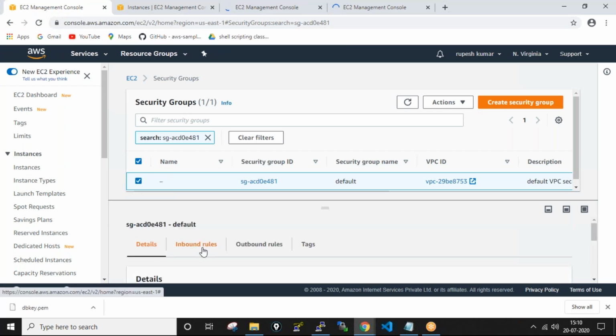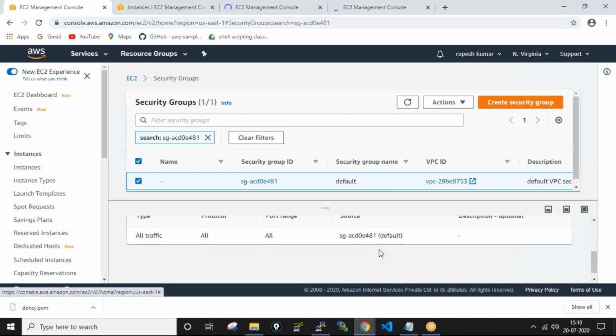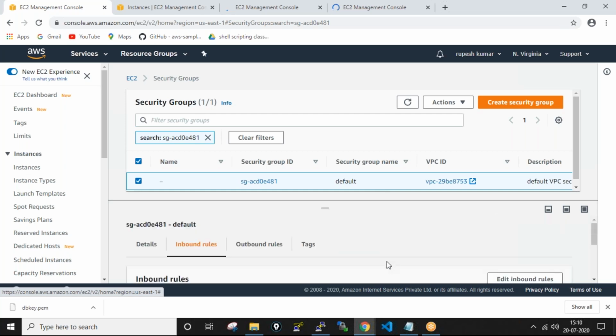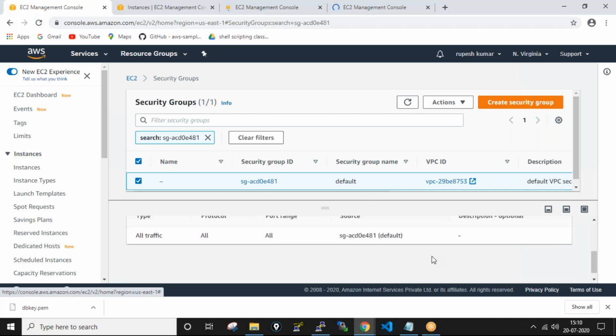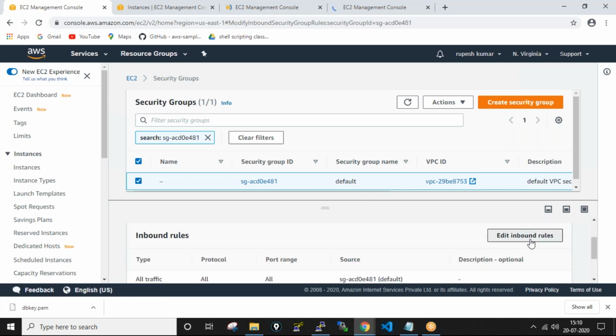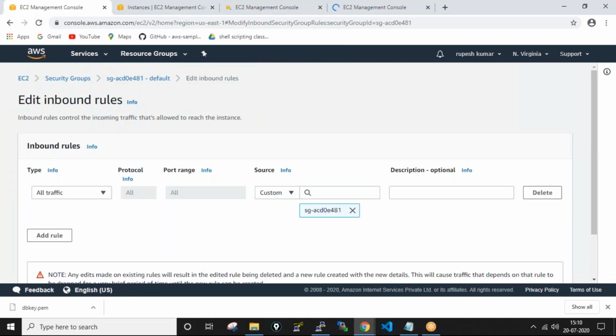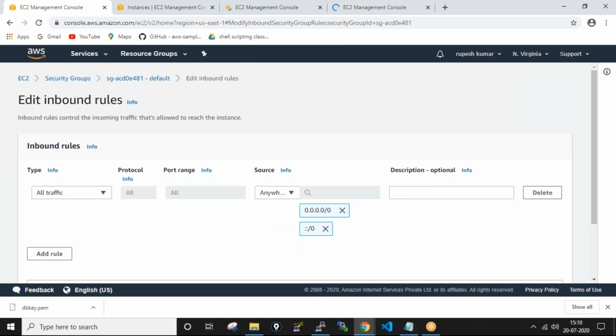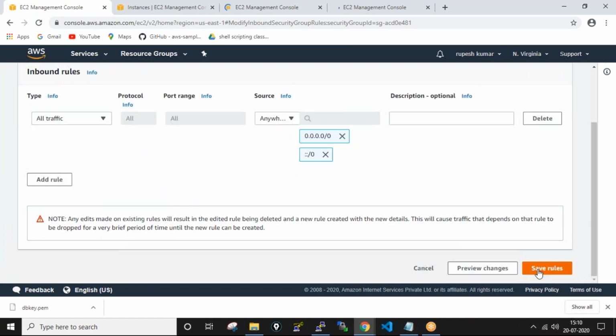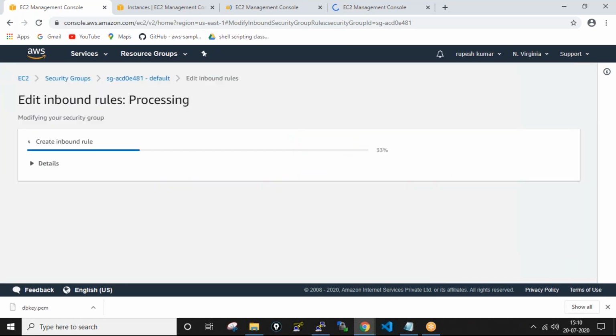Just click on the inbound rules, then Edit inbound rules, and you can give Anywhere here. Then just click on Save rules.